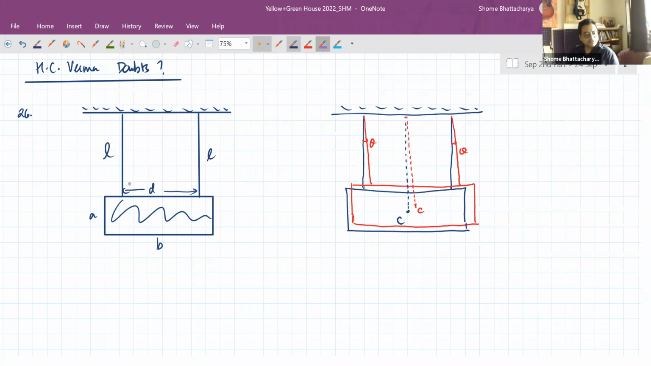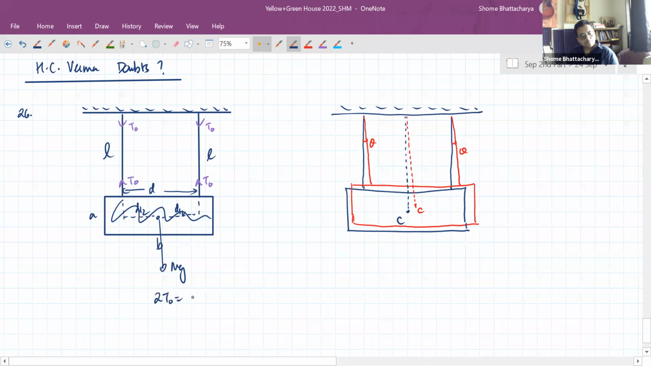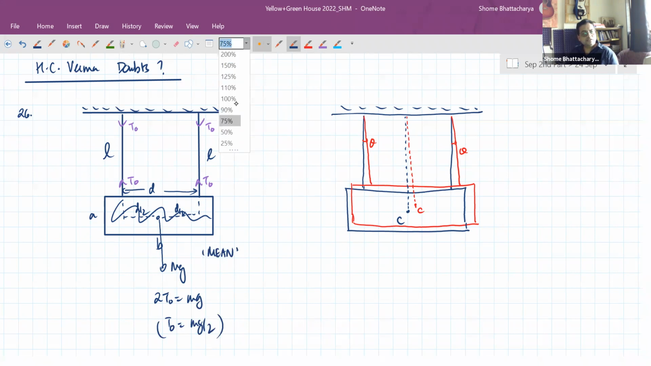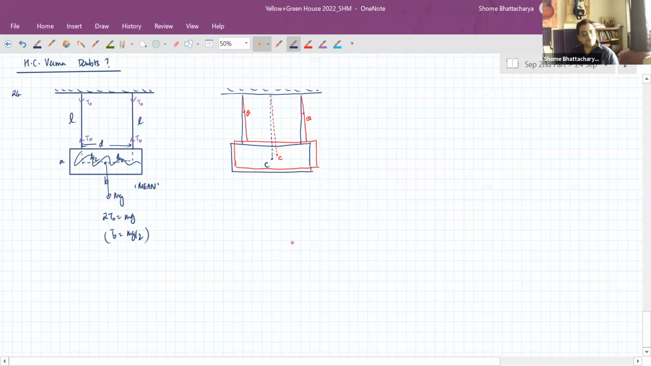So in the equilibrium condition, we can see that the tension balances the weight of the object. This is equidistant on both the sides, so the tensions are equal. So this is a mean position. So when we take it to an angular displacement of theta from the mean position, like I'm showing in this diagram here,